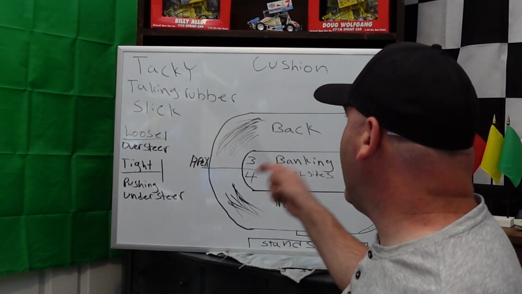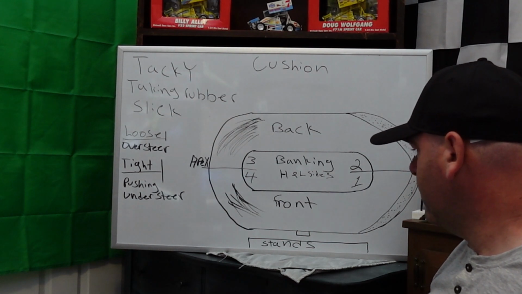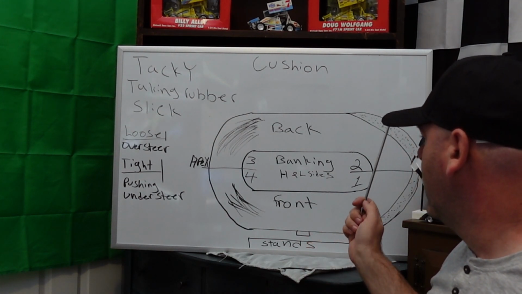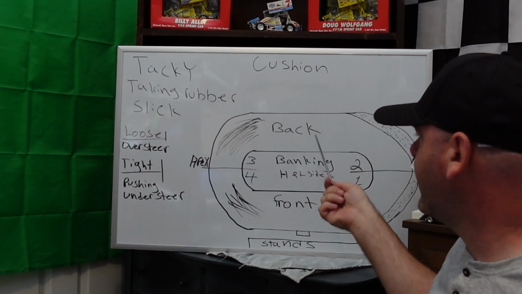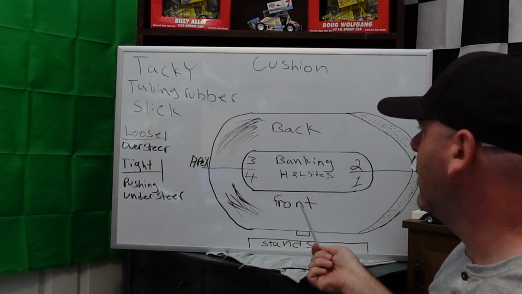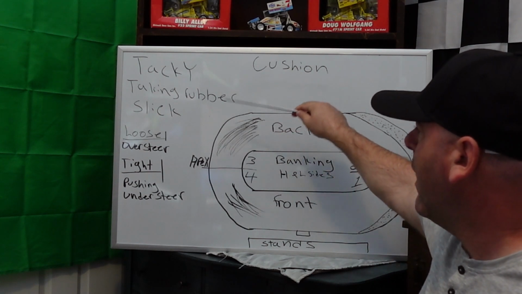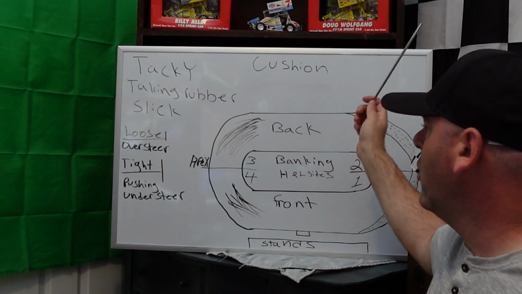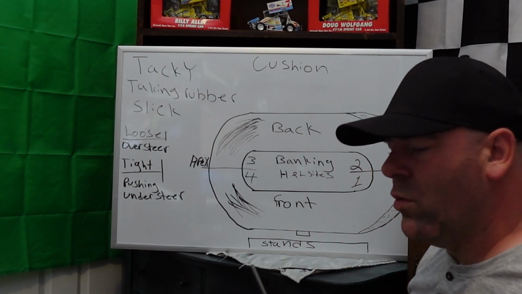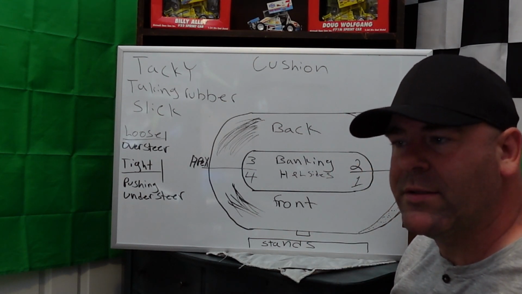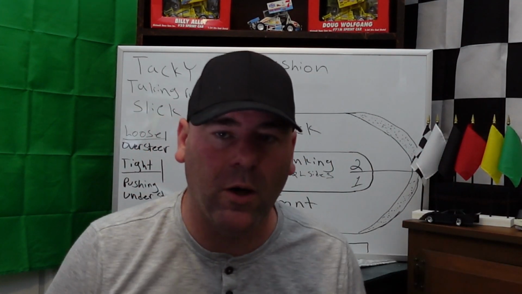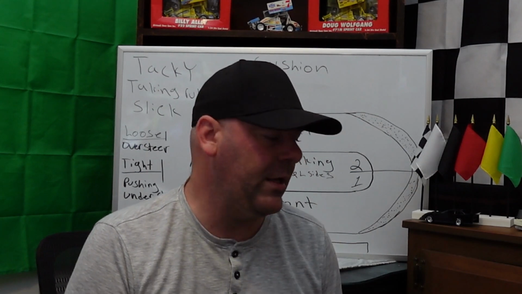So now you have a basic understanding of the track layout, the terms you're going to hear when it comes to people referring to the track, what's going to go on throughout the night as far as tacky, taking rubber, slicking off, cushion, and a few terms that apply to the cars as far as being loose and tight. Okay, so